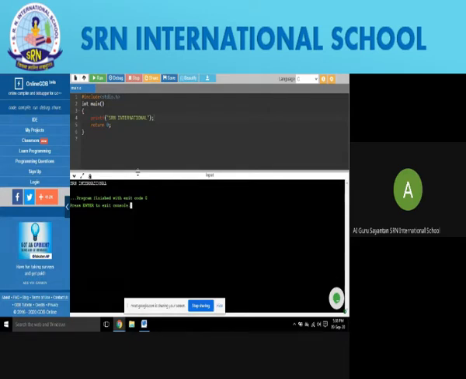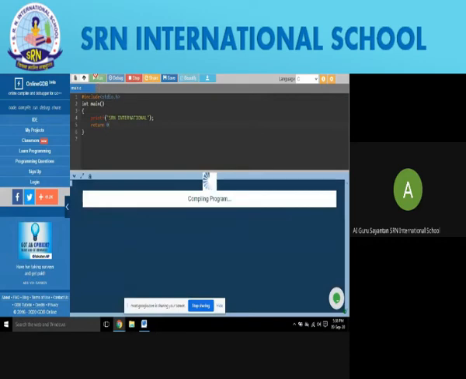When the computer sees that there is no error in a person's code, it will easily take the result out and show that to us. Since there were no errors, it was showing what we wanted to project on the screen. So let's say if I delete this semicolon and run the code now, see, an error will come.